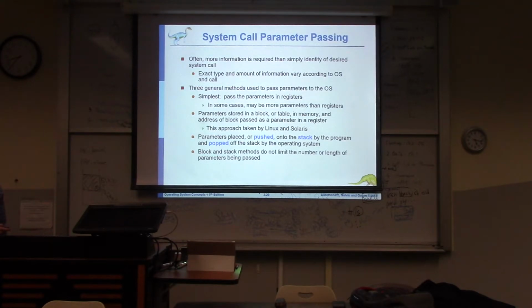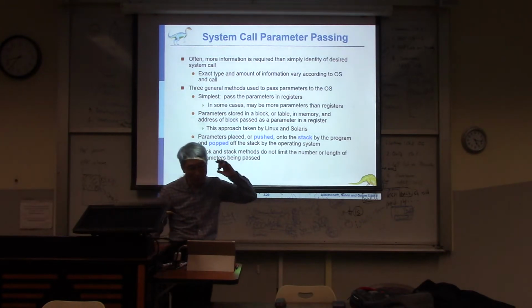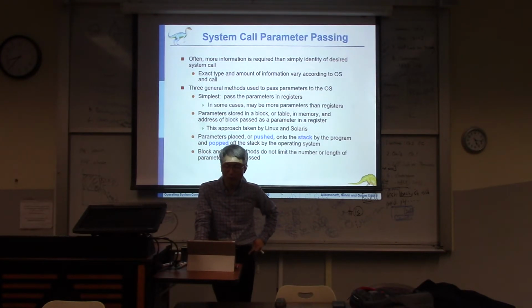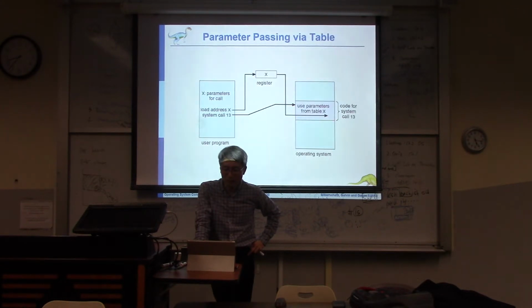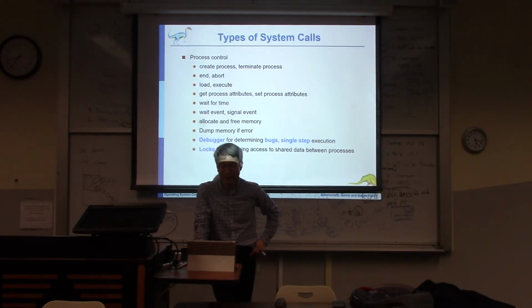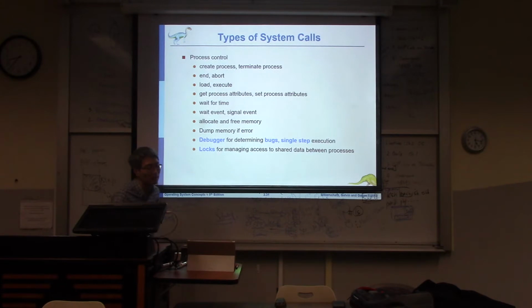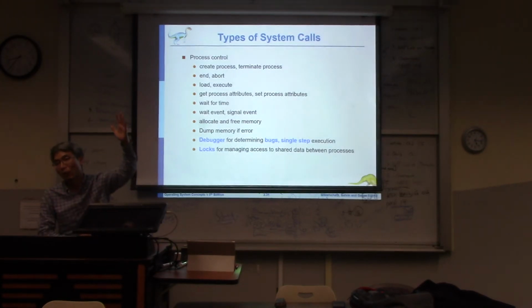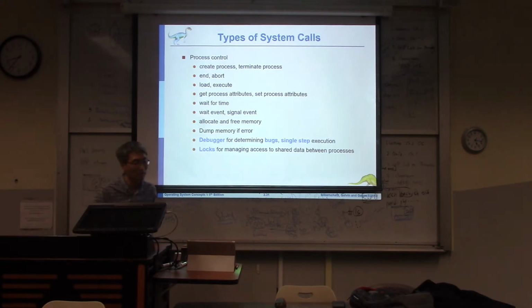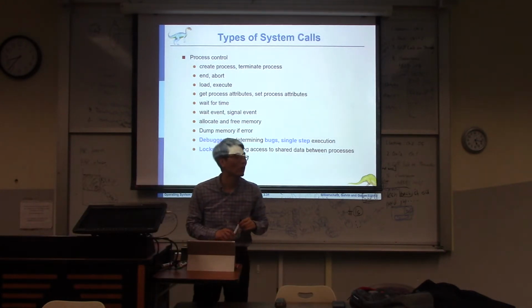At that time we need to communicate between the user mode and the kernel mode by passing the parameters. I'm going to skip that. Then there are different types of system library. You don't have to memorize 100 or 200 system libraries, but just